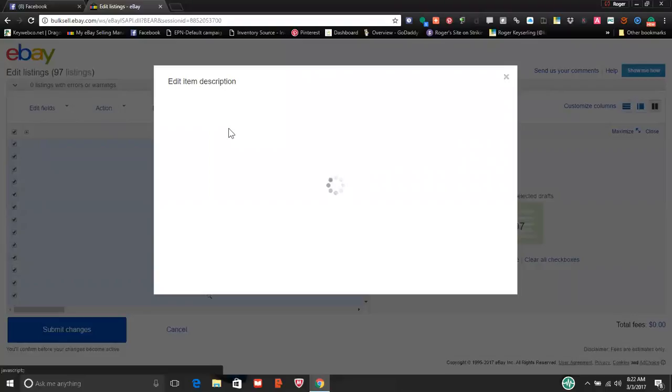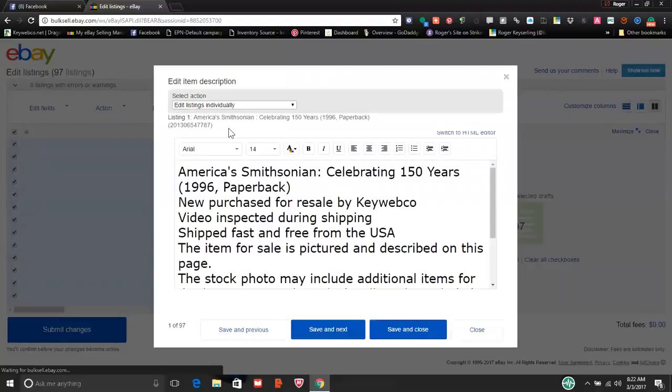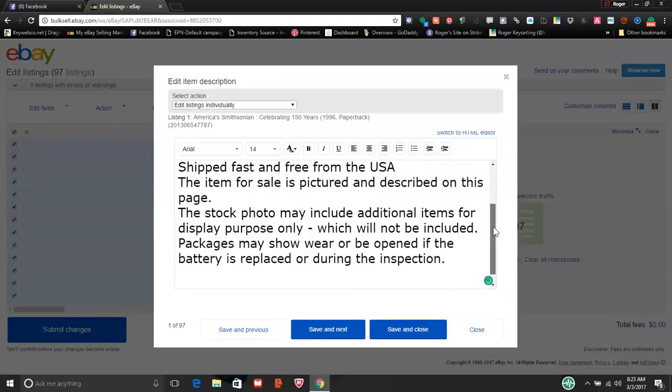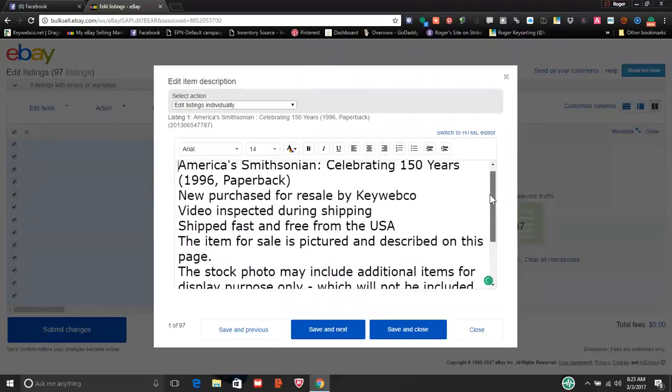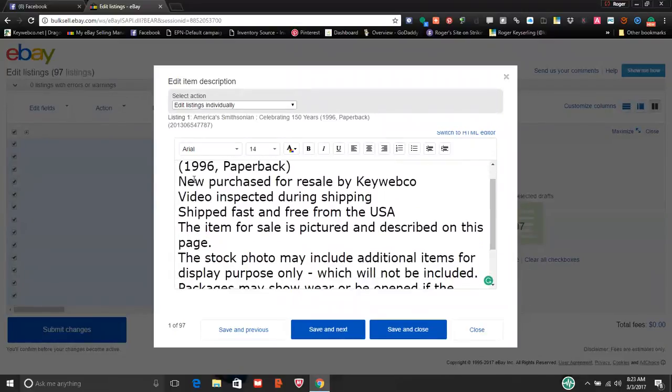You hit that, it takes just a minute to open. Everything will be in the pop-up window. We use no HTML editing whatsoever. That means if you copy and paste anything in here, you cannot use the paragraphs or breaks. Now, fortunately, this first listing actually looks like it's already been done by me. So, since this one has good text,